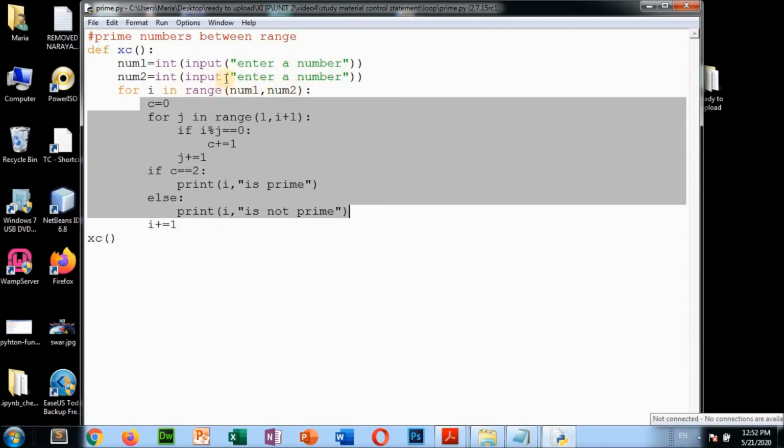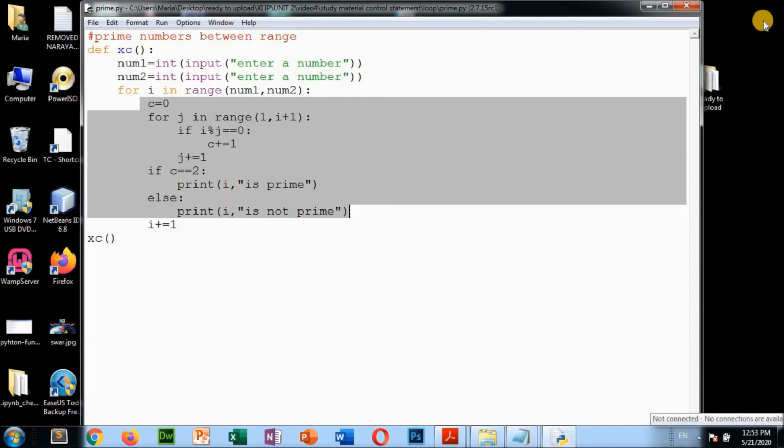Okay, and this part we are writing inside a loop, and in this loop we are assigning the range, this is num1 and num2. So in this range it will display the prime numbers. Okay, it will check multiple prime numbers. So try to understand by yourself. I can show you how it has executed, but I am not going to show you in this program. Just try to understand by yourself how it is executed. Okay, so if any doubt, then you can ask me, I will describe again, no problem, but try to understand by yourself, then only you can understand the programs quickly.